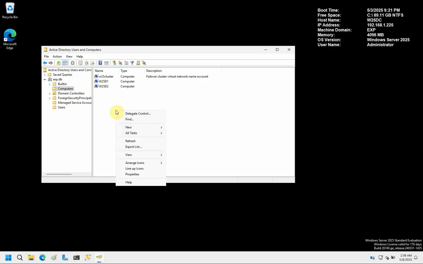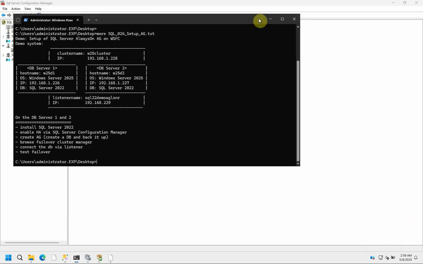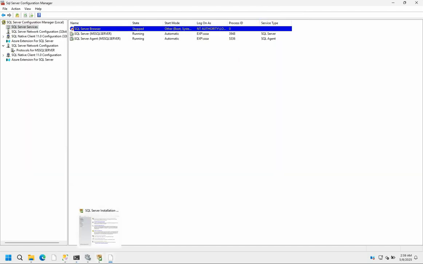I was mistaken. I thought it's going to be immediate. Probably it's going to wait. Okay, here it is. You see the listener name. Its type is computer. The description is called failover cluster virtual network. Okay. At this point, we should have